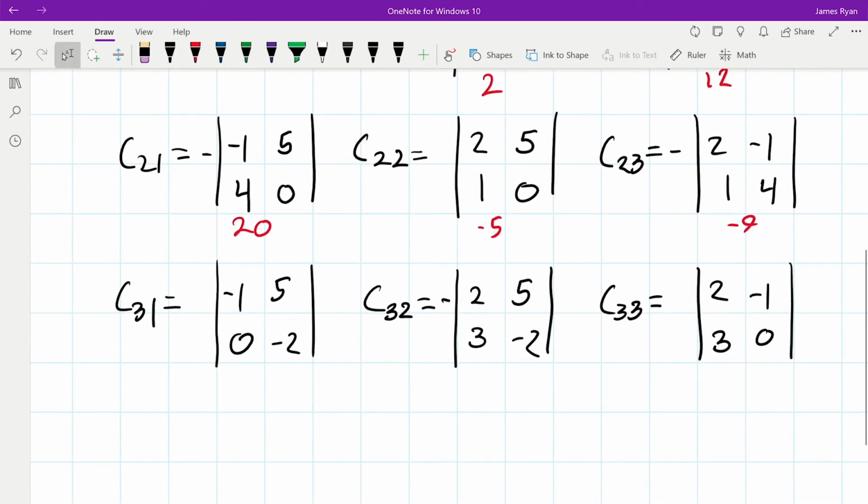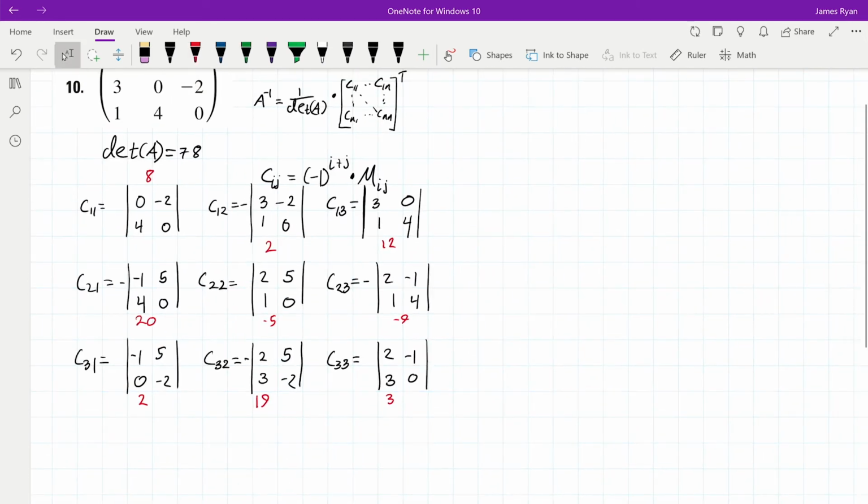This is positive 2. This is negative 4 minus 15, which is negative 19, so that becomes positive 19. And this is positive 3. So our cofactor matrix then is,